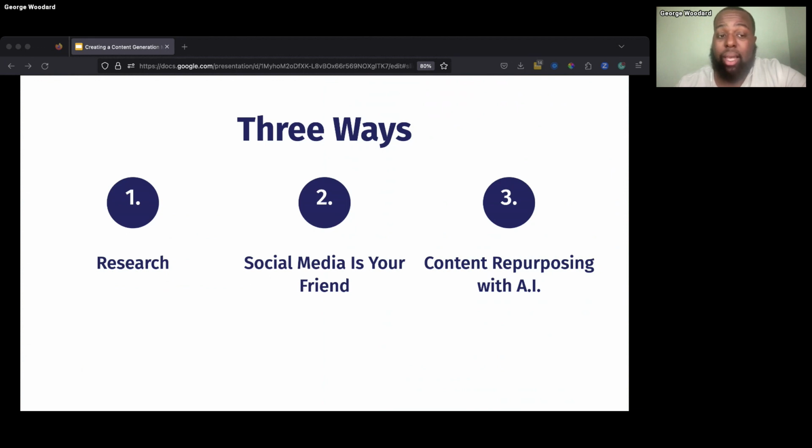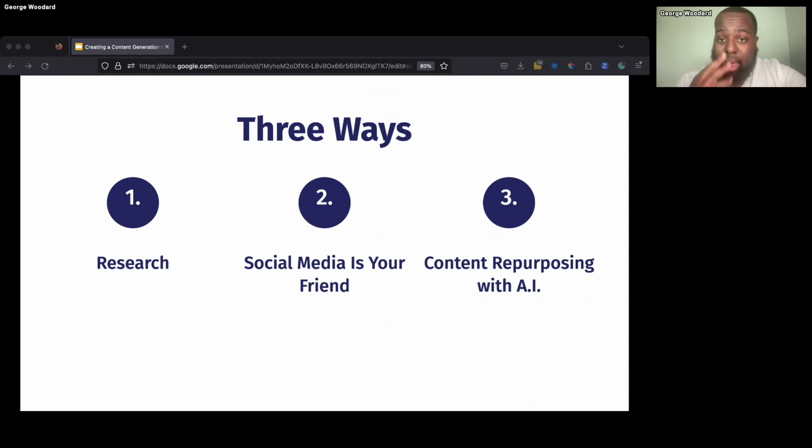And last but not least, content repurposing with AI. You know, AI is the new thing now. It's a big bang. People are leveraging AI day in and day out. I use AI, and one of the best ways to use AI is to actually repurpose content. So if you have a good repository of content that you've already created, using AI can help you repurpose that and get more ideas off of it.